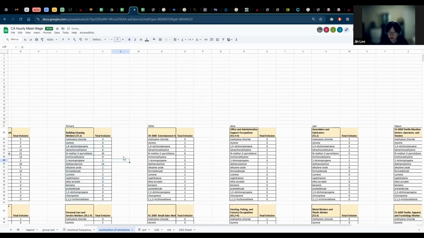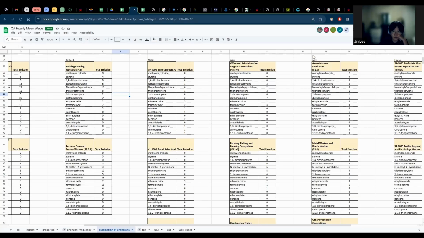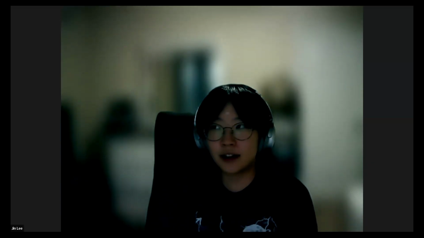Does that make sense? And yeah, what we want by Monday is our summation of emission tab to be updated with the new accurate emission values and get our total emissions. Any questions? But yeah, that's what we just want to have done by Monday. And then our plan, based off of this data that we would have by then, is that we will be able to identify which groups have the most emissions or whatever, and we can use the outcome of that to get further demographic information for those